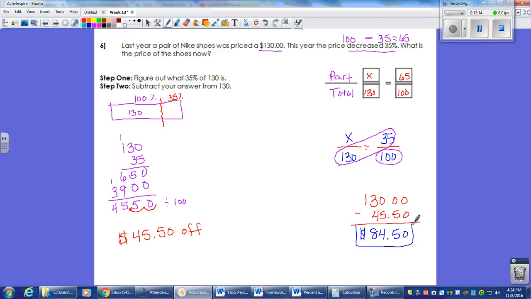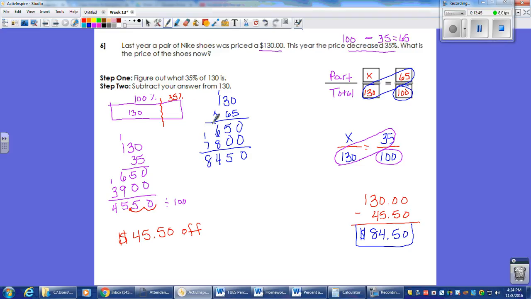Another way to solve this would be we've already subtracted, so I don't have to deal with that. I'm going to do 130 times the 65. That will give me 5 times 3 is 15. It's going to be 6. 0 for place value, 0, 6 times 3 is 18, that's 7. And whenever I add it, I get